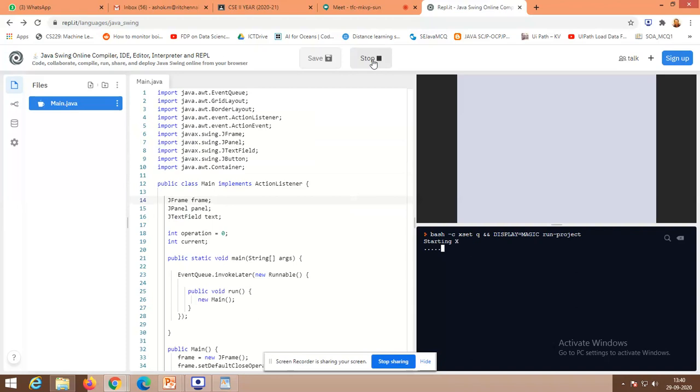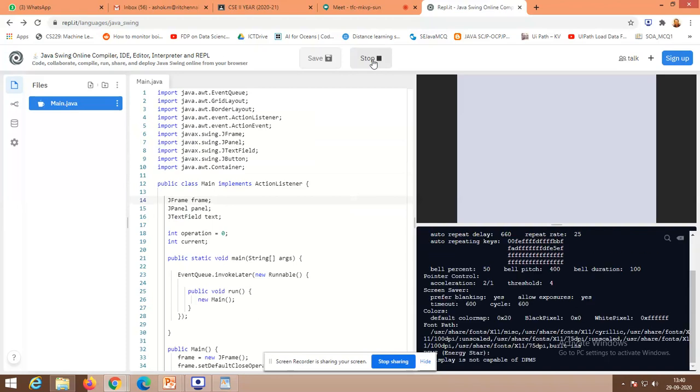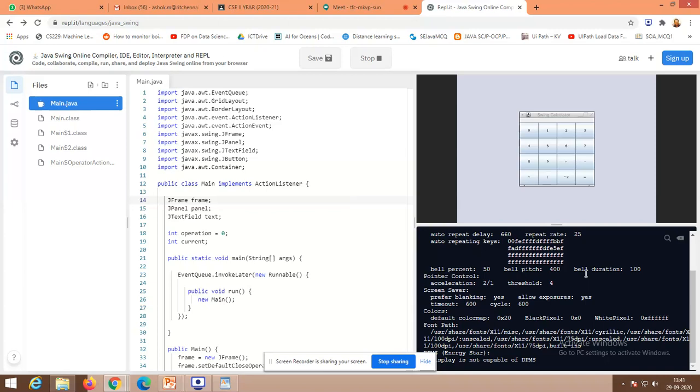Right hand side top corner. You will get this display warning only. It will try to allow. Right side top corner, the window will come. I think the size is small, so shall we increase the size?